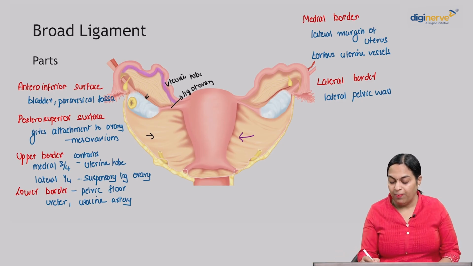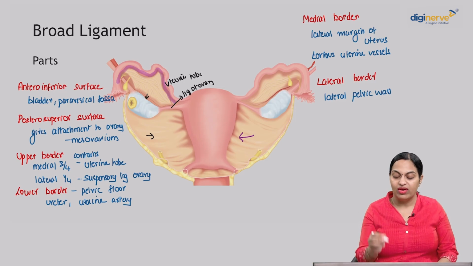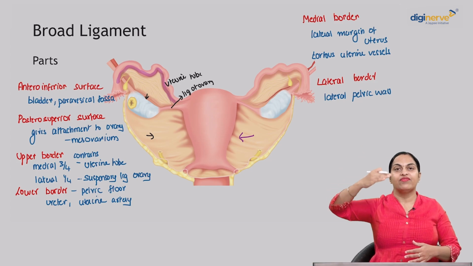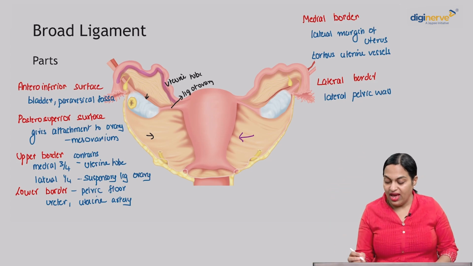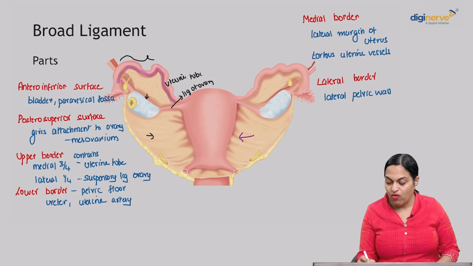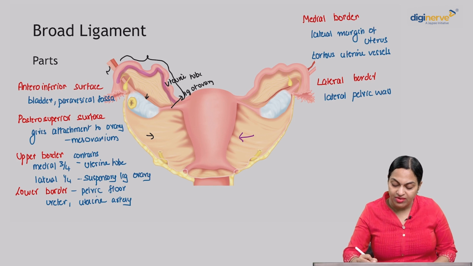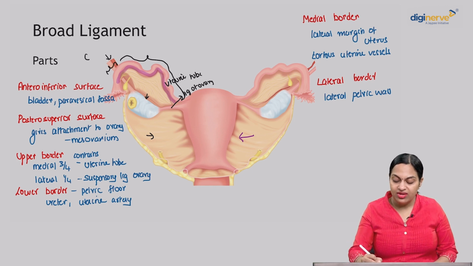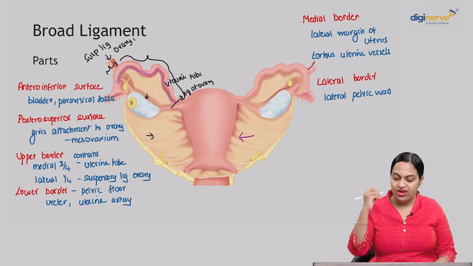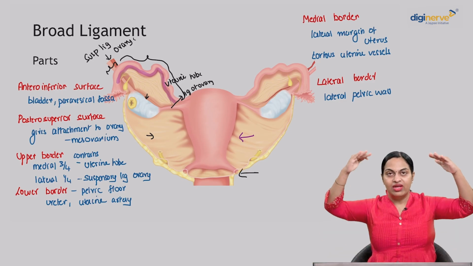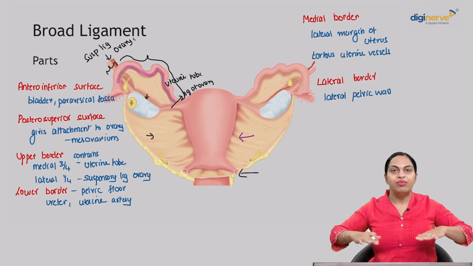This is the upper border of the broad ligament. Over the upper border, we can see that the anterior layer is reflected as the posterior layer, and the medial 3/4 of this upper border is related to the uterine tube, and the lateral 1/4 over here is related to the suspensory ligament of ovary. The lower border of the broad ligament that you see here will be resting over